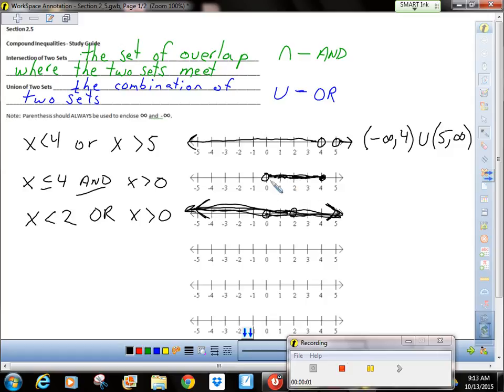All right, for this one right here, I would say it was from 0, but it doesn't include 0, so I use a parenthesis. So 4, this should be a bracket. Okay? I use a bracket on it because it actually could equal 4. On this right here, I would say from negative infinity to positive infinity. That's called interval notation. You probably won't see that on your test, but once you get past algebra 1, you may actually start using